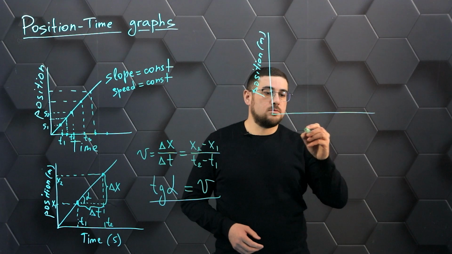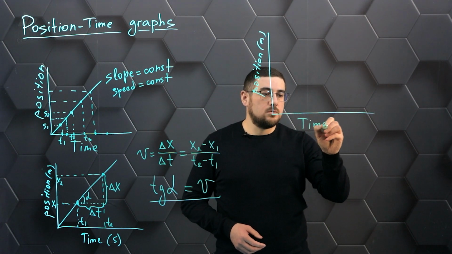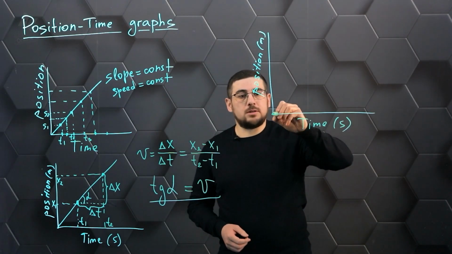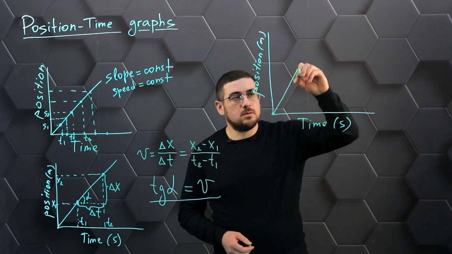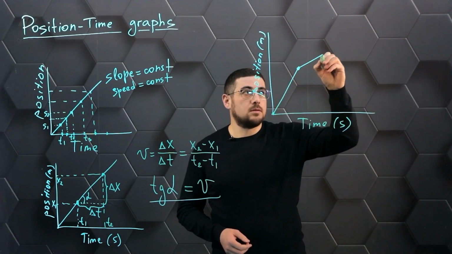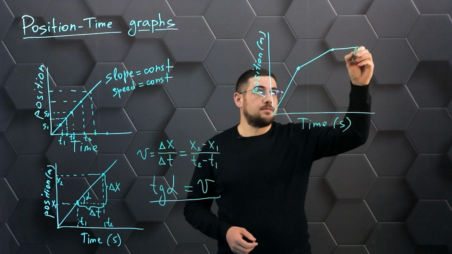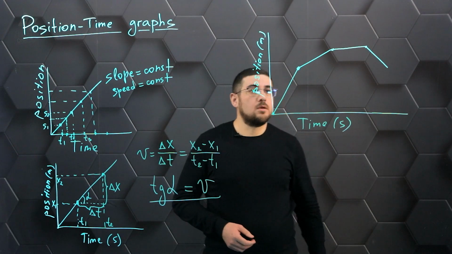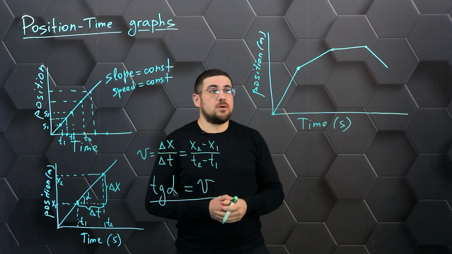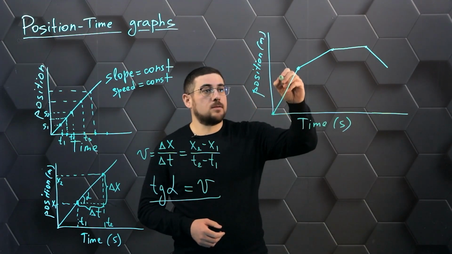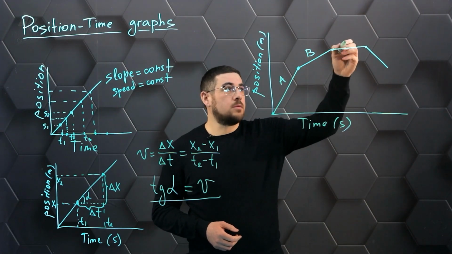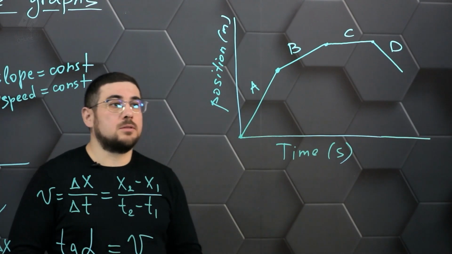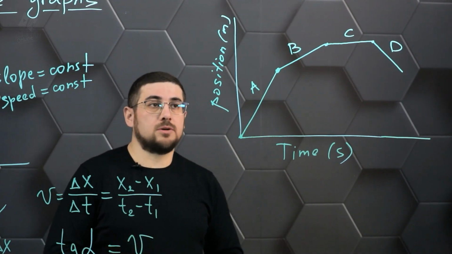So position, time, and let's say we've got a body that's moving around like this. We see that here we have 4 plots on the graph. Let's say plot A, B, C, and D. And the question is, let's say, yes, we can analyze from the point of view that